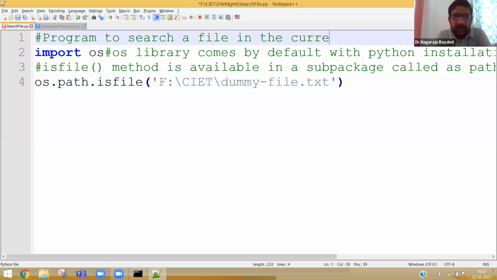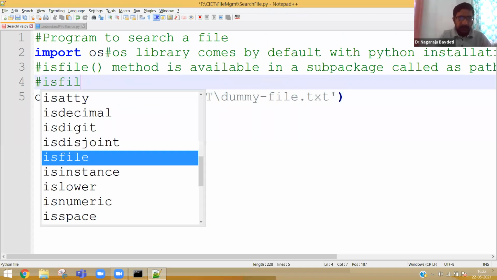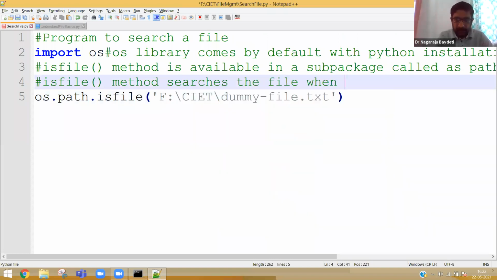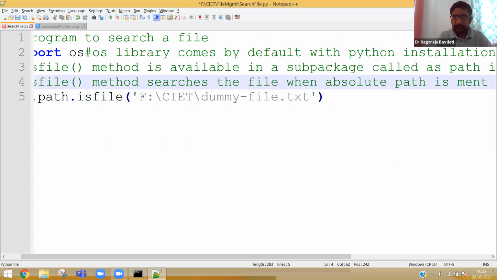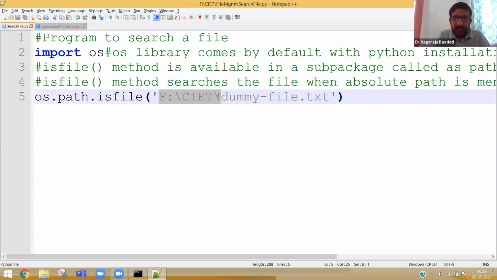The isFile method searches the file when an absolute path is given. In this program, I am giving the exact path of the file. For example, F drive, CIET directory, dummyfile.txt.